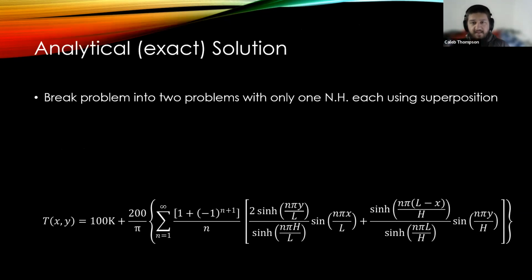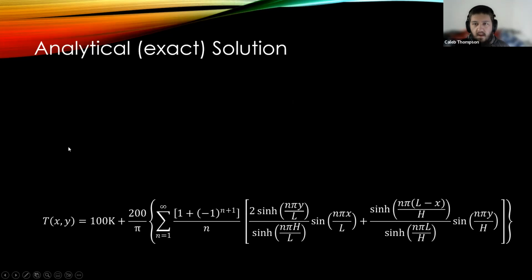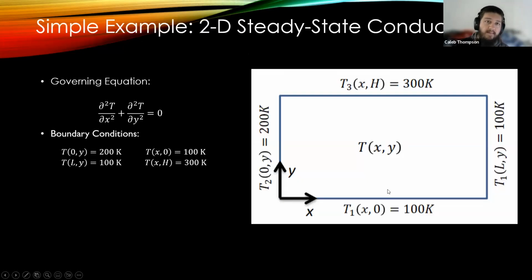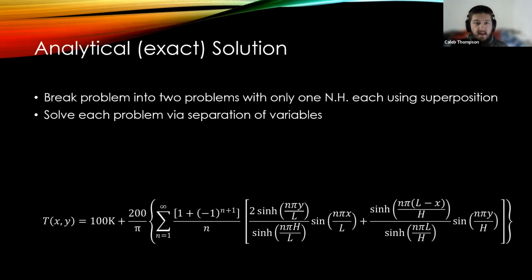So what you do is you break the problem into two problems, adding them using the principle of superposition, where the sum of solutions must also be a solution. A non-homogeneity, NH, is a wall temperature that isn't zero. So you split it up, you do all kinds of manipulations to it. You can solve each of those via a process called separation of variables within partial differential equations, and then use